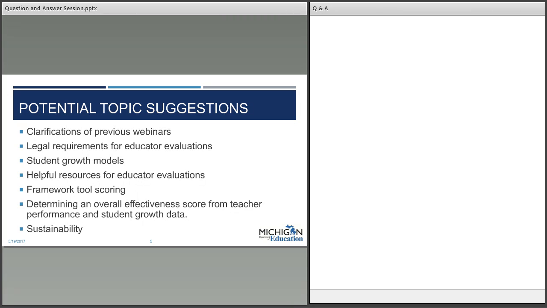So I just got a question that says, which tool would be best for evaluating online teachers, and how would that work as far as classroom observation requirements? That goes in line again with homeschool teachers or any kind of unique teaching assignment such as online teachers or blended online teachers. Once again, if your district has adopted an evaluation model and wants to work locally to adopt some protocols around the idea that an online teaching situation or a blended online teaching situation is unique and presents unique circumstances,